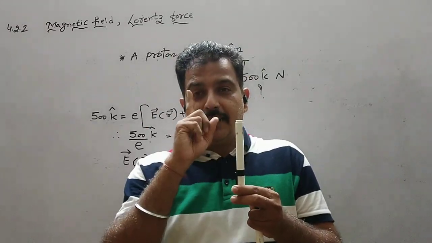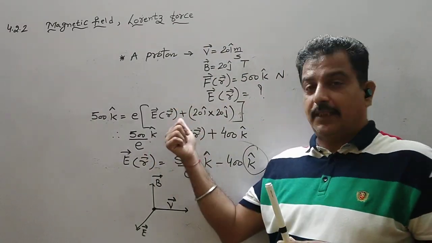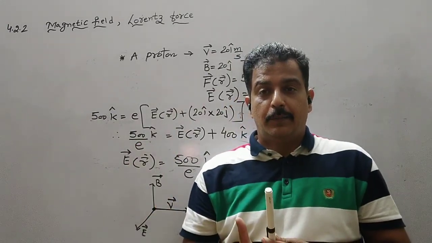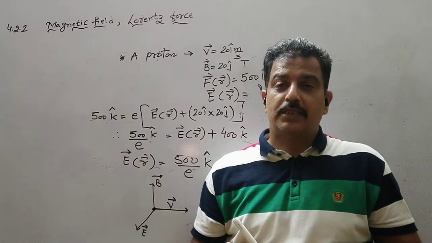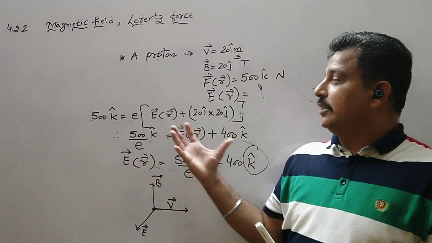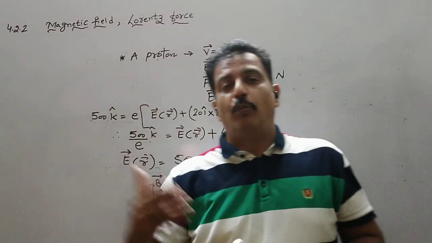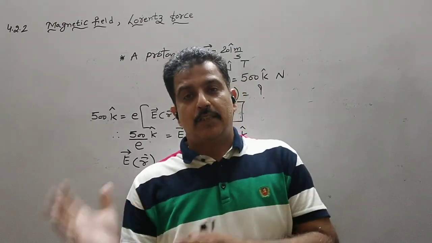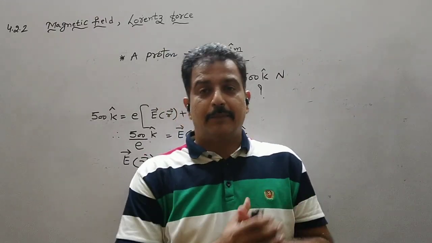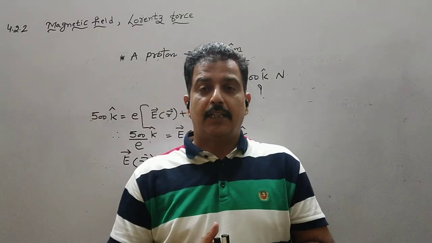If I consider one electron, then the Lorentz force can be given by this equation. But if there are n electrons, then what will be the resultant force acting on the entire wire? We will use this formula, but there will be n mobile charge carriers. In that situation, we will apply the concept of the third chapter, and we will see what the force acting on a wire carrying current I will be.